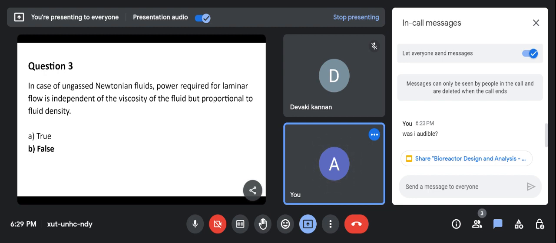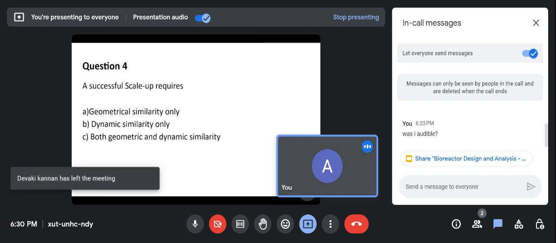Right, I'll just continue. So, when you take the case of ungassed Newtonian fluids, the power required for laminar flow is dependent on the viscosity of the fluid. But when it is gassed Newtonian fluid, the power required for laminar flow is independent of the viscosity and proportional to the fluid density. So, in this case, this is false. So, the next question will be,